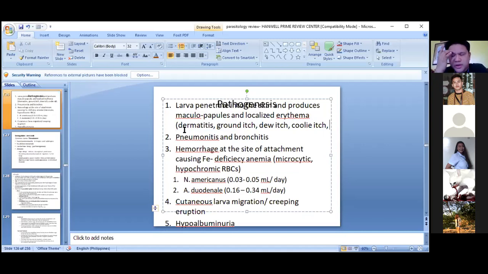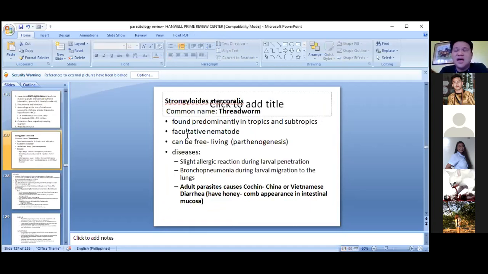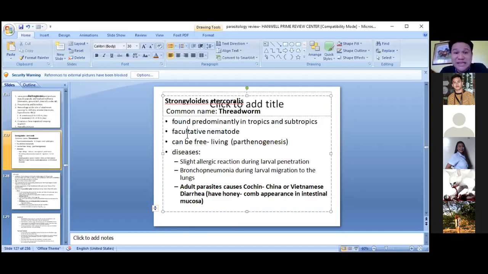And the last there would be your hypoalbuminuria, no, basically because the parasite feeds from the albumin. Okay. So, laboratory diagnosis will still be stool examination, obviously. Okay, not unless you're talking about visceral larva migration, where you're going to do lung biopsy. Okay, so the best thing that you do would be your concentration technique, and for your concentration technique, you would have your ethyl acetate concentration technique or formalin ether concentration technique. Okay, so